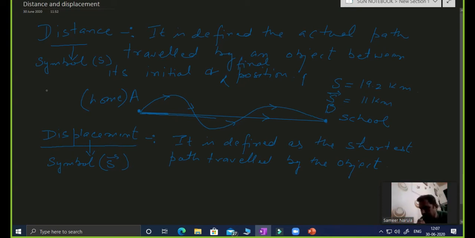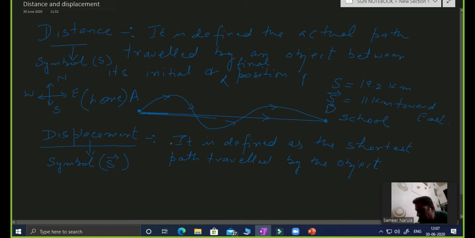For example, this is the direction chart we have. This is north, this is south, this is your east, this is your west. Now for example, if I put this direction bar here, what we will see is that we are moving. If I move in this direction, I'm moving towards east. So in that situation we should write 11 kilometer towards east.